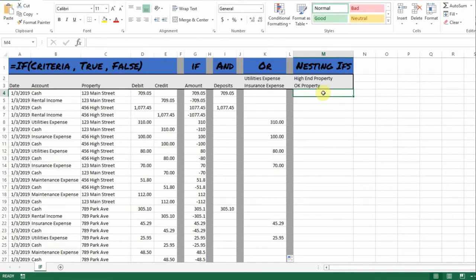So say we want to look at our deposits, and anything that's over $1,000 is a high-end property, anything over $500 is an OK property, and anything less than $500 we don't want to look at. It's a little bit more complicated, and I'm going to build upon the AND function a bit too. The way we want to do that is we say IF,